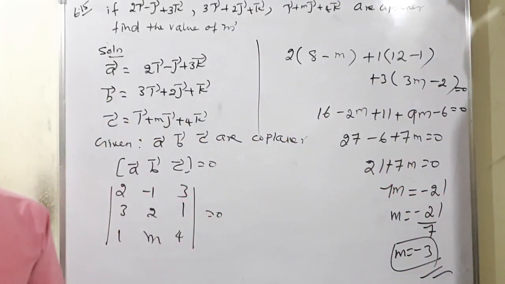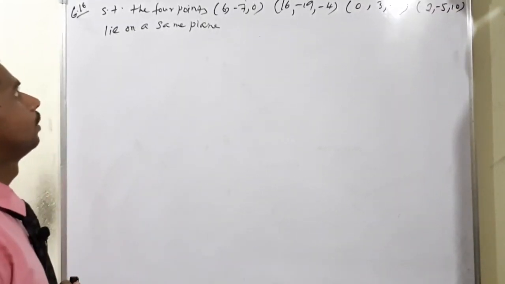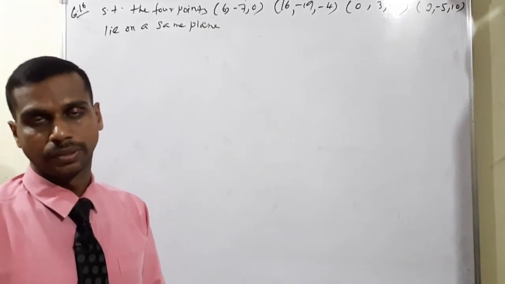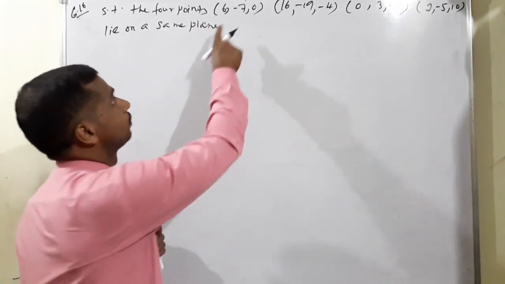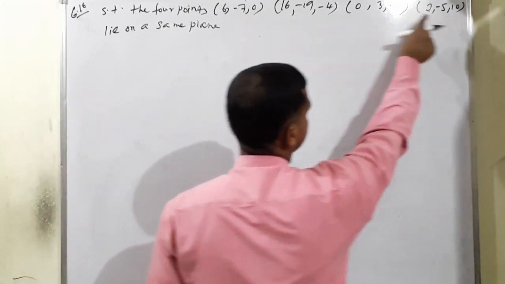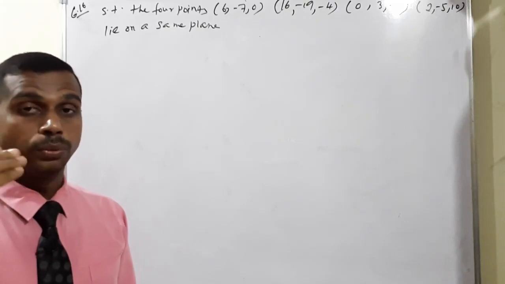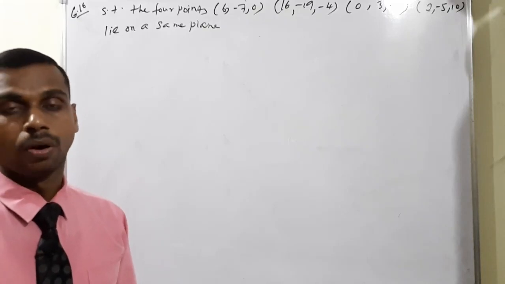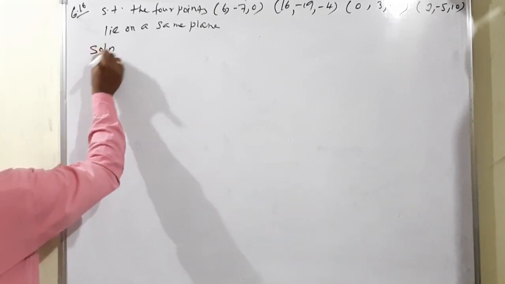Okay. I will continue the next example. 6.16. We have to show that the 4 points, if you have made any points on the line, that is called position vector. Position vector means with respect to the origin point O. Then consider OA, OB, OC, OD. After taking OA, OB, OC, OD form, then how to find out AB? Final point minus initial point, or end point minus starting point. Okay, look at there. Solution, let